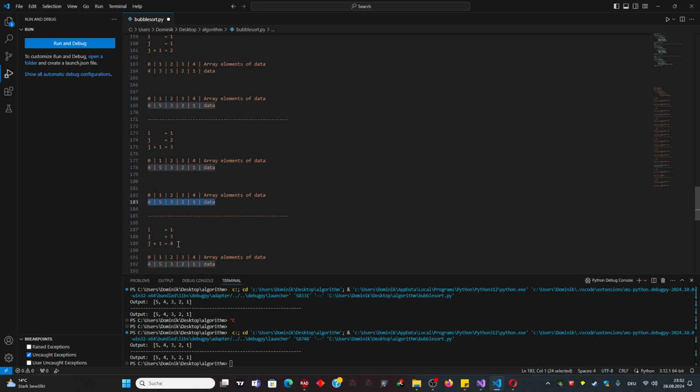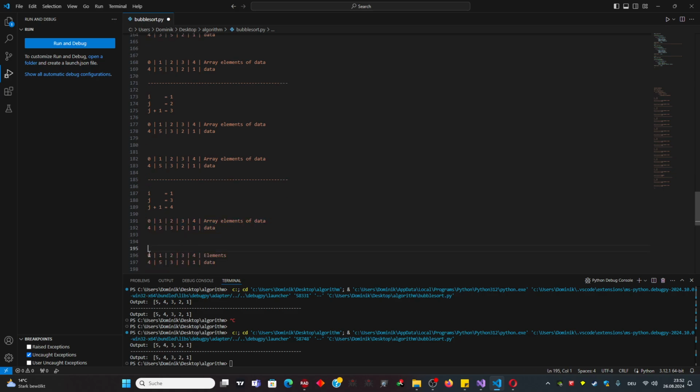And j goes up again. j holds the value 3. j plus 1 holds the value 4. And 2 is bigger than 1, and that means again we don't need to swap anything. And we went again through the whole